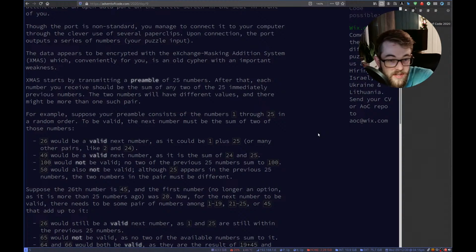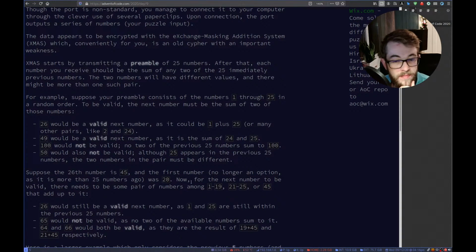Suppose the 26th number is 45, which is a valid number. And the first number, no longer an option as it is more than 25 numbers ago, was 20. Now for the next number to be valid, there needs to be some pair of numbers among 1 through 19, 21 through 25, or 45 that add up to it.